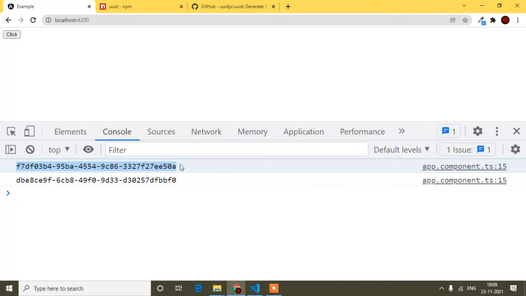But in this case it's taking the IP address, and the IP address is always unique, because it is different on another machine, right?